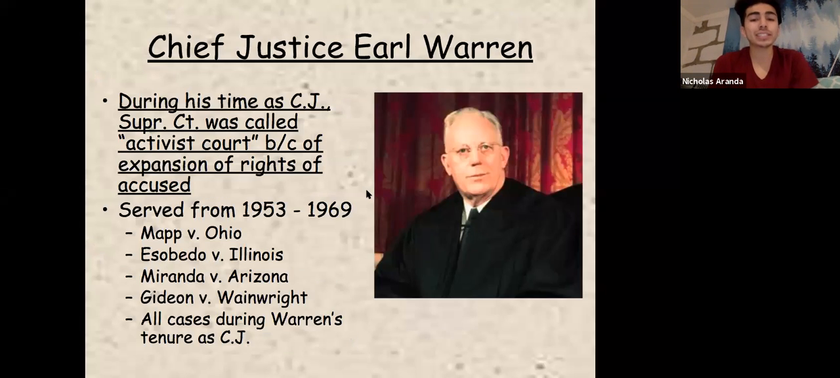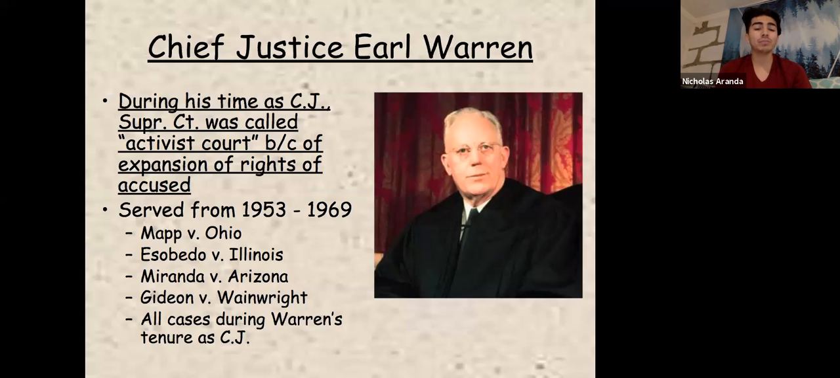This is Chief Justice Earl Warren. During his time as Chief Justice of the Supreme Court, he was called the head of the activist court because of his expansions of rights of the accused, as opposed to the rights of victims, but whatever. He served from 1953 to 1969, and these are some famous court cases that he oversaw: Mapp